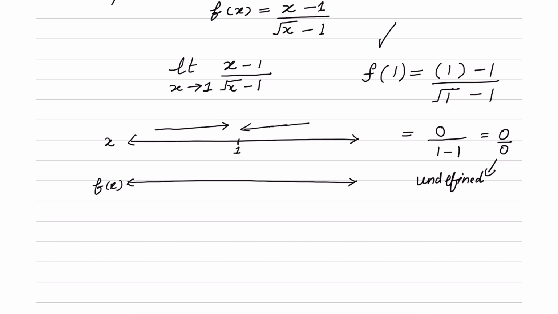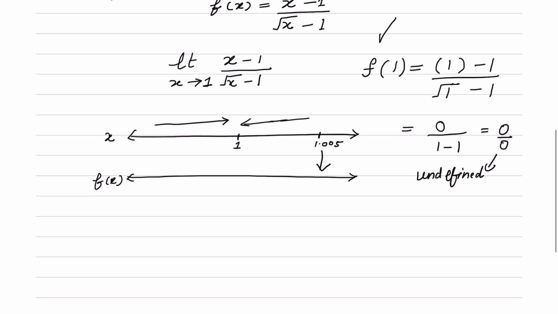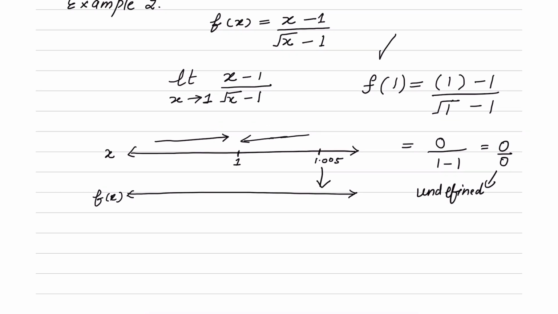Let's pick one value closer to 1 but on the right-hand side, 1.005. When we plug 1.005 into our function f of x, (x − 1) over (√x − 1), we get the function value